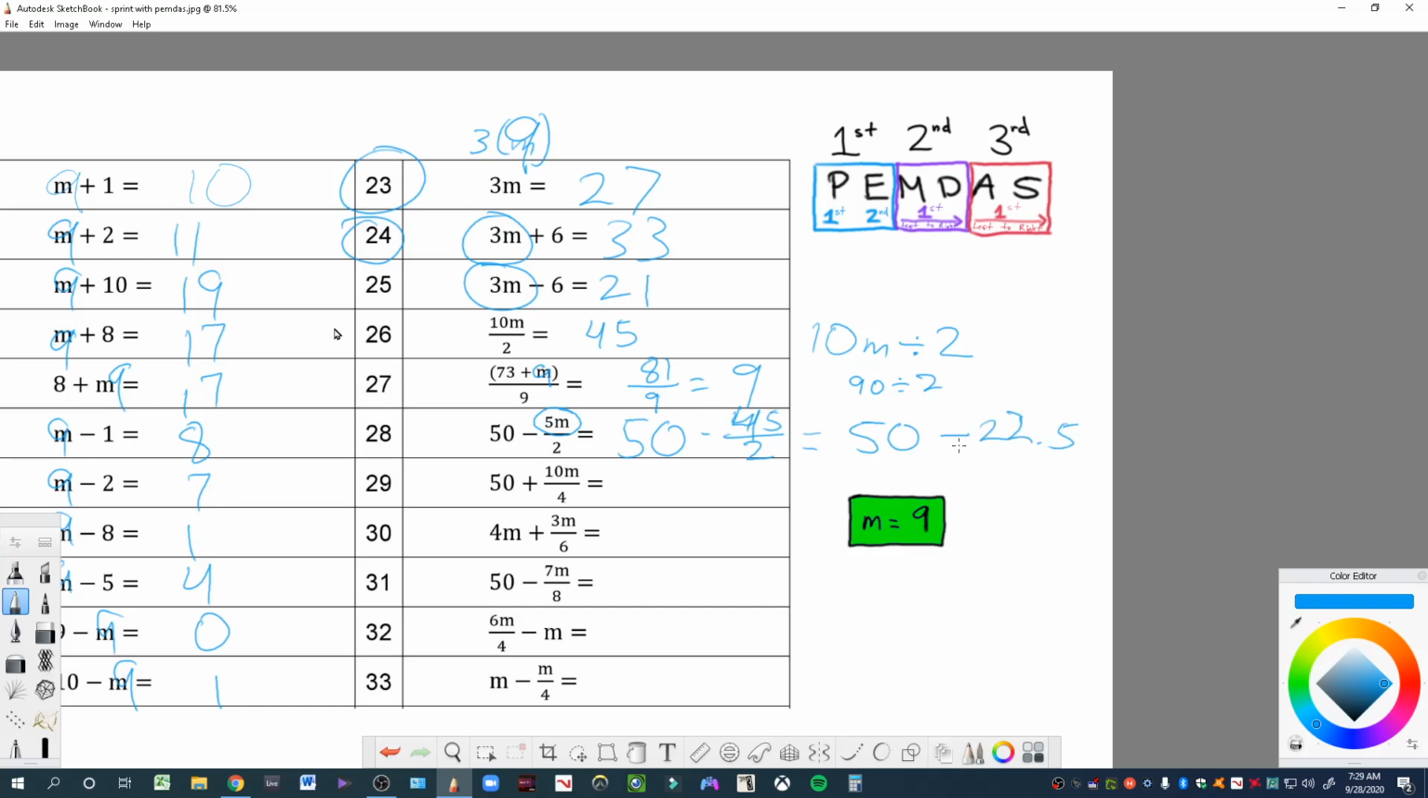Once I have subtraction left over as my last thing, then I can subtract. Once I subtract this, I should get 27.5 for my answer. Right here, 5 times 9 is 45. 90 divided by 4 is